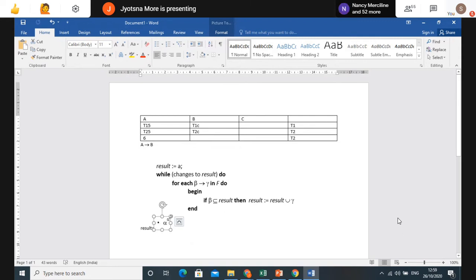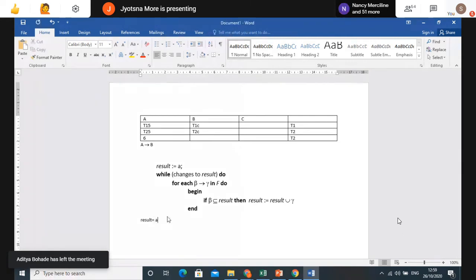Okay, in place of alpha, I'll take a, that is better. So now I am saying result is equal to my a or alpha. Suppose I am having the values as a, b, and c. I'm saying these are the attribute values which are present with me right now. Later on, consider the functional dependency set. In this functional dependency set, I am having the functional dependency F1,